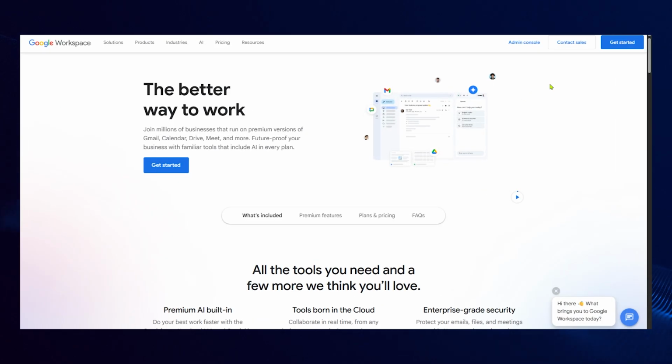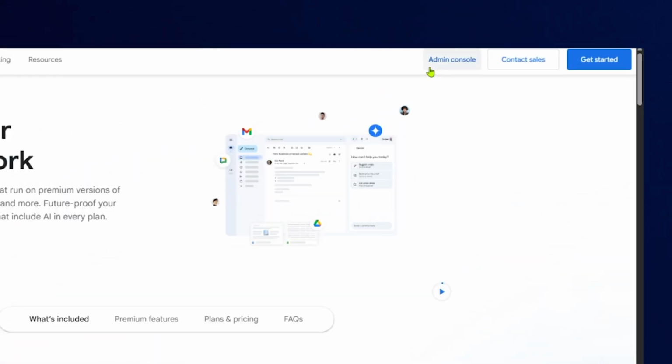Straightforward, and I'll guide you through each step to make the transition as smooth as possible. To get started, you'll want to navigate to your Google Workspace account. This can be done by heading over to Google Workspace's official website, where all your productivity and collaboration tools are housed securely. Once you're logged in, you'll need to access the admin console. This console is your hub for managing all aspects of your Google Workspace account, making it an essential tool for